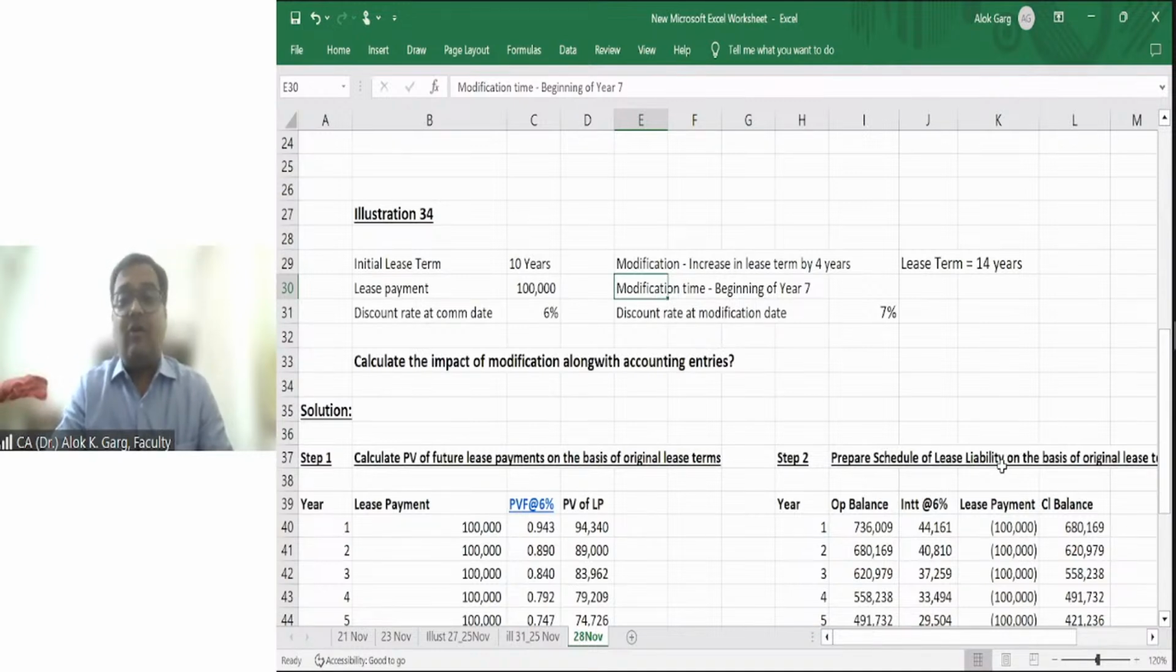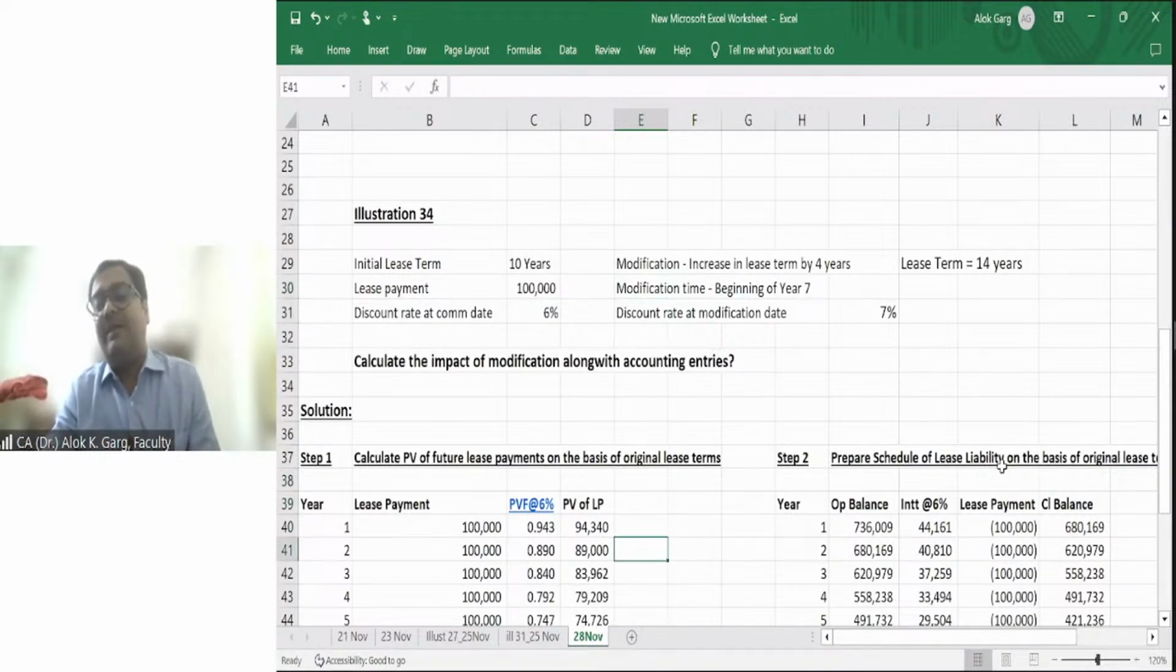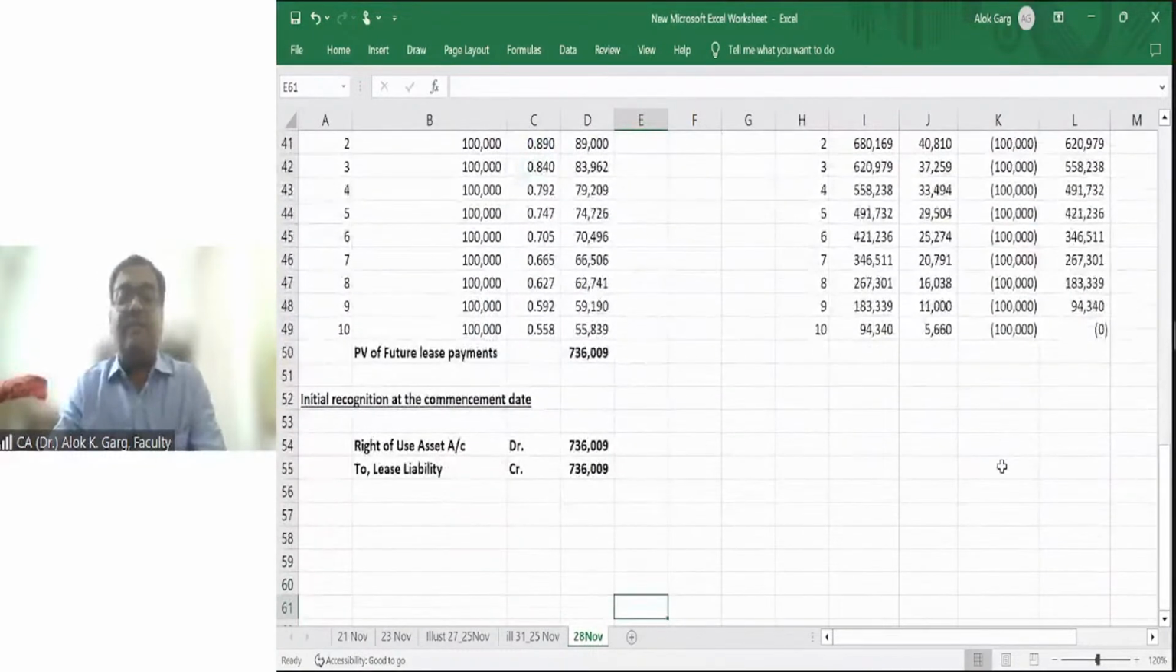So at the beginning of year 7, I need to remeasure my lease liability. What is my step number three? My step number three is calculate ROU and lease liability balances on the date of modification, that is at the